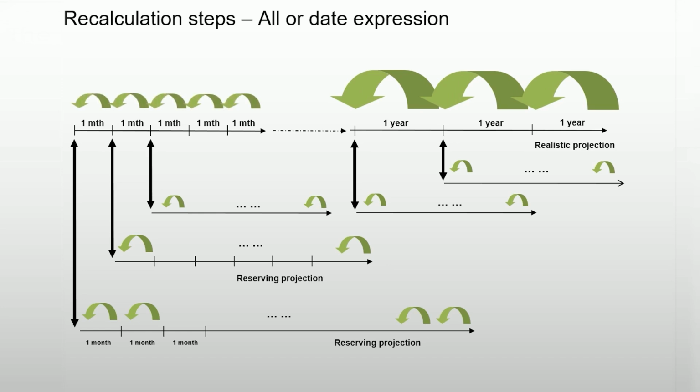It is important to note that such a run could take a significant time to execute, especially if running monthly in the calling layer. Instead, it is possible to limit the number of projection steps for which the sublayer is called from the main layer, either setting the recalculation steps property to once or defining a suitable date expression. Note that for the steps at which the sublayer is not run, the value of the variable is taken from the latest sublayer recalculation.